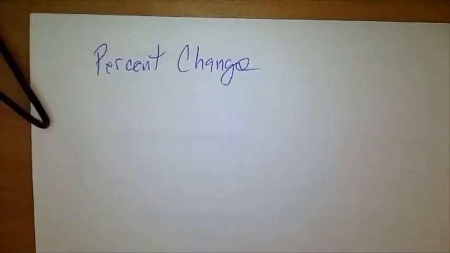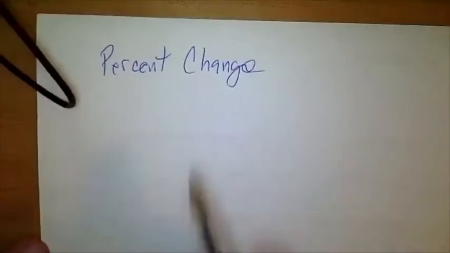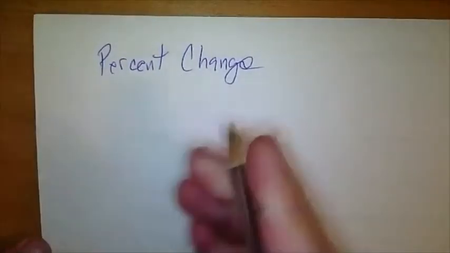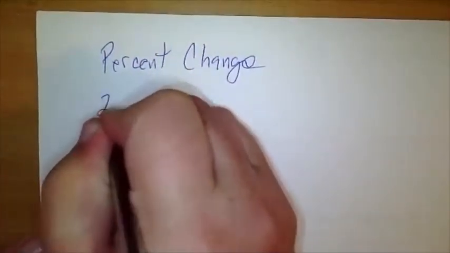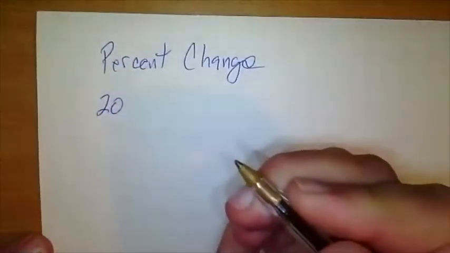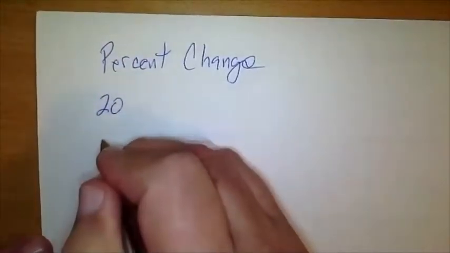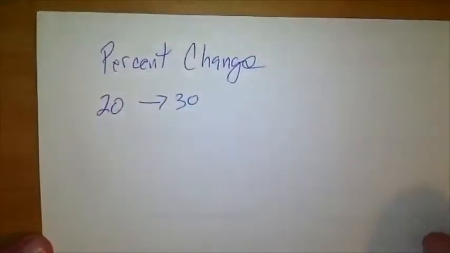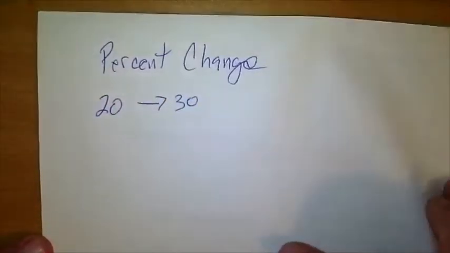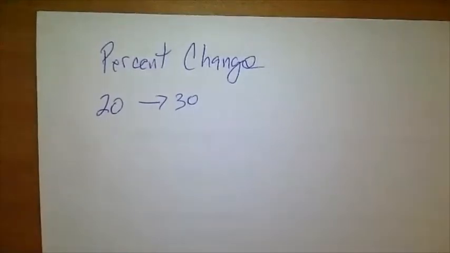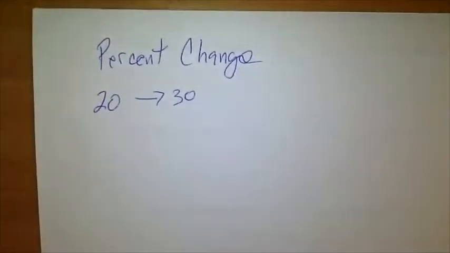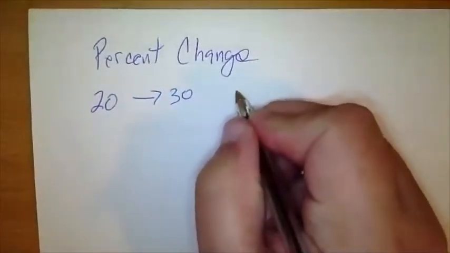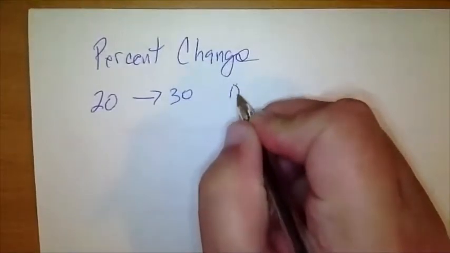The idea here is that I want to figure out if I started at, say, 20, let's say I bought something for 20 bucks and then I sold it on eBay for 30. I want to know not only how much money did I make, but what percentage increase did I get, all right? And the way I'm going to do that is I'm going to find out how much it changed. So amount change